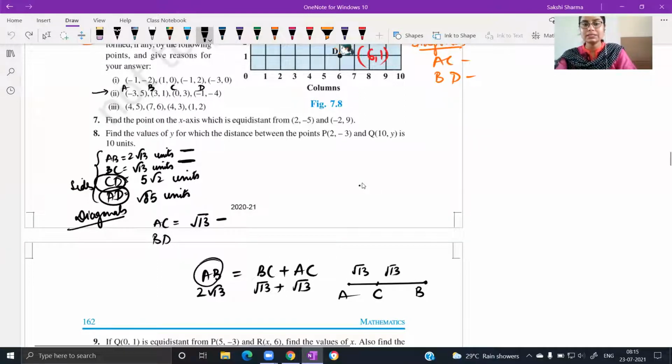And what we realize is that points A, B, C become collinear. If you look at the distance between points AB, points BC, and points AC, the sum of two distances is equal to the third distance. So in that case, the 3 points will be collinear. Rather than forming two different line segments, they form only one line segment.